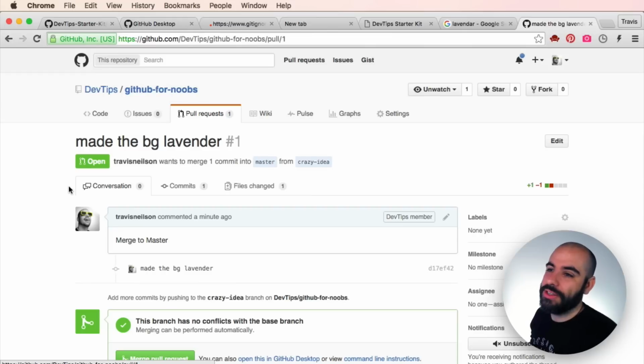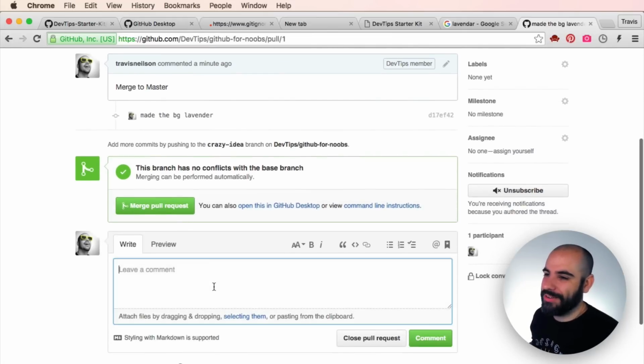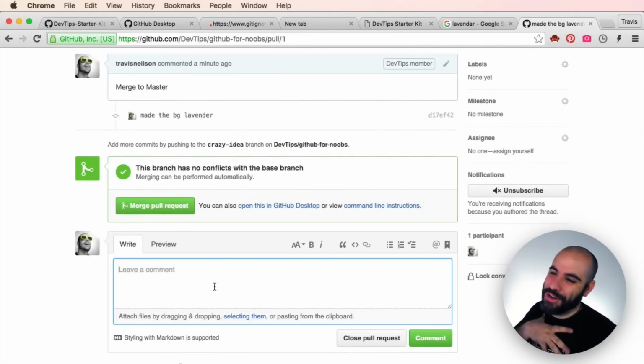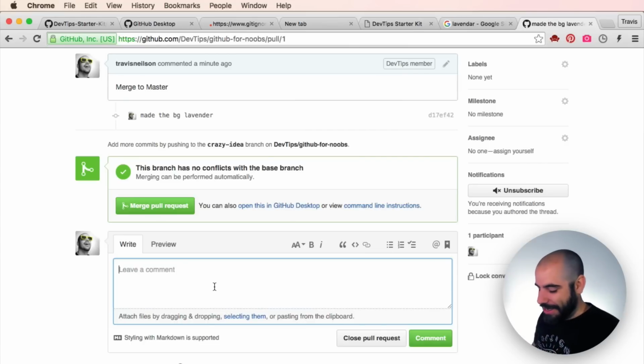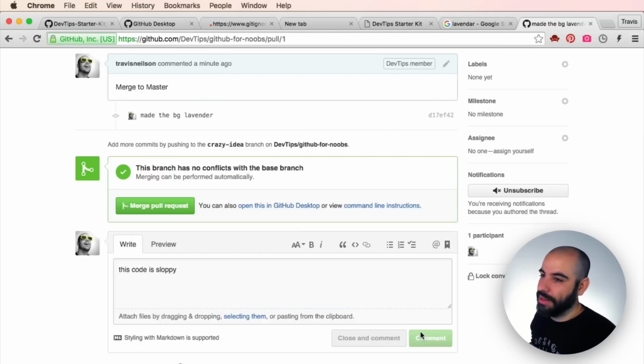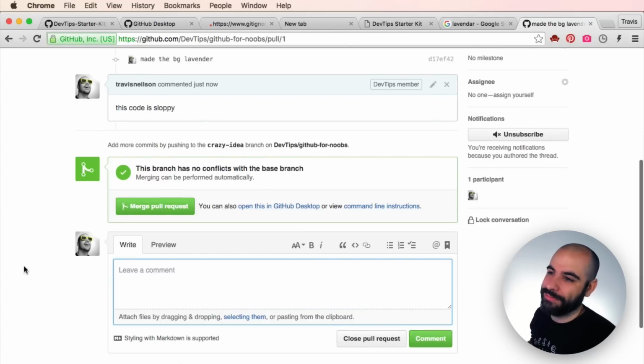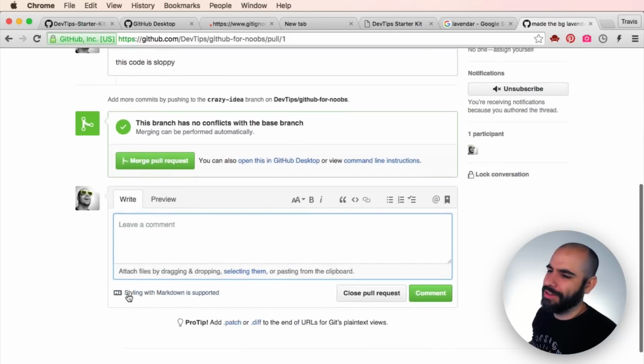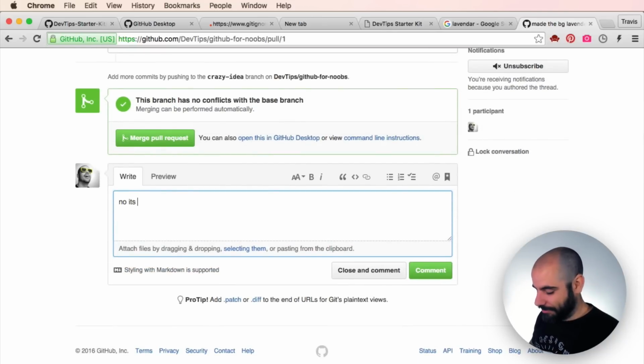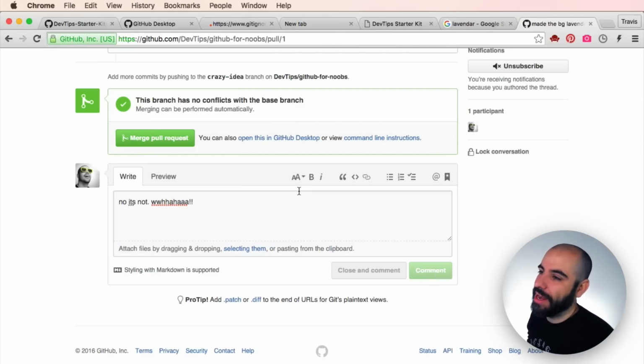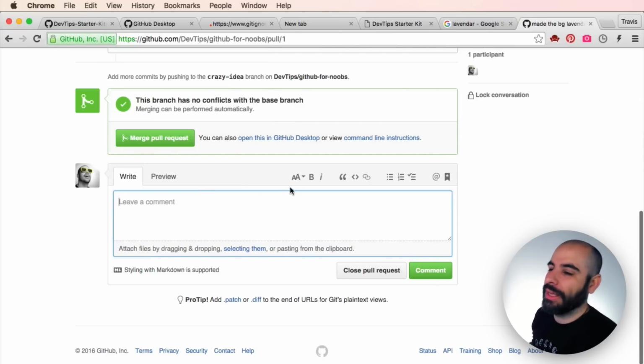So here's the conversation, and I'm going to write to myself, the person who created this pull request. I'll be like, this code is sloppy, and I'll comment on it, and then he'll be like, no, it's not. But I don't know. Anyway, in these comments,